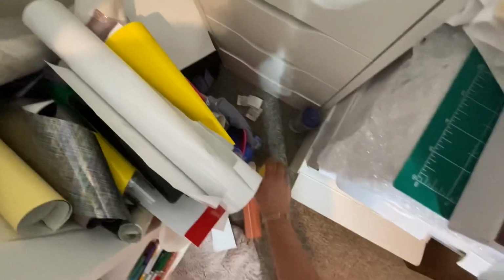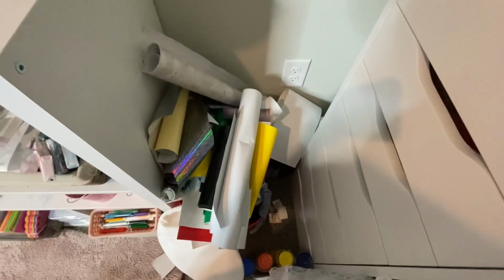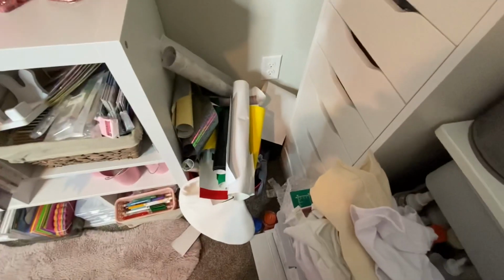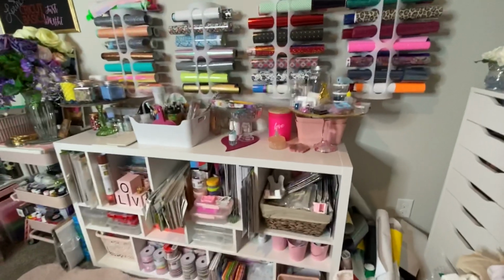I just knocked over candles. And that's just, I'm not even sure what's in there. Looks like maybe some t-shirts or something. And that is my pile of straps that I need to do something with. I just throw it all in that pile right there. So yeah. All right, so now